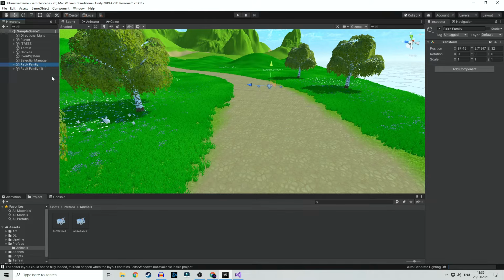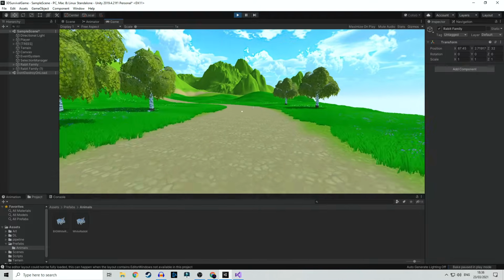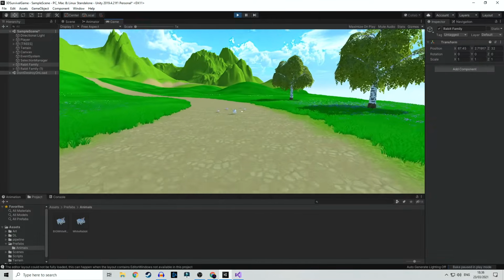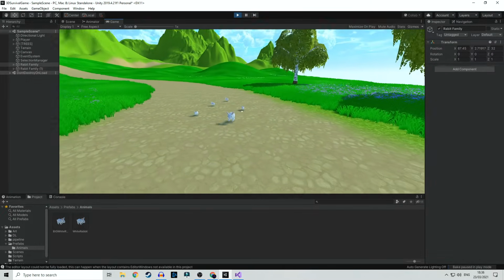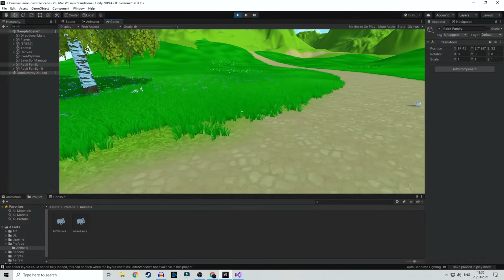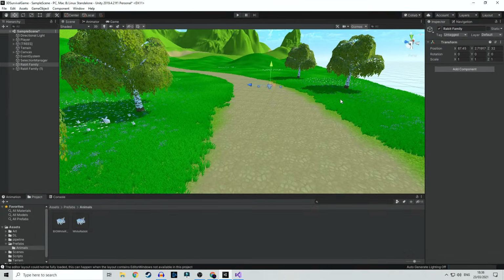then just duplicate the groups and put them all over the place, because when we start the game they will still just run around and they will not stay in one group. But that's a good way to really put small packs of animals all over the place. And then both of these rabbit families we can put in another empty game object and call it creatures or animals. Okay,